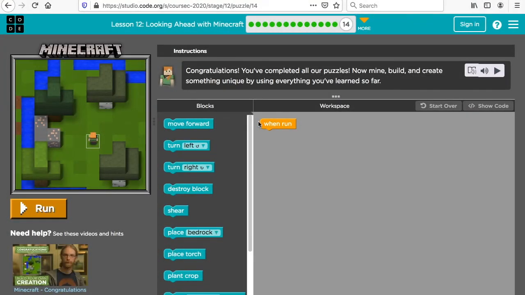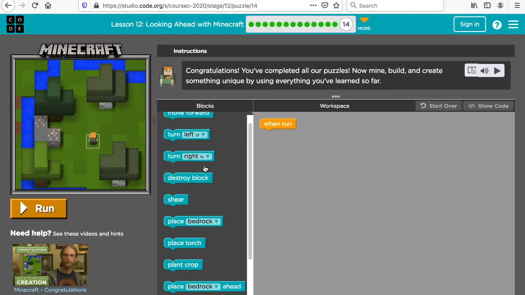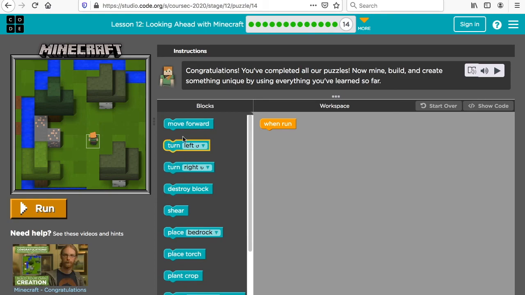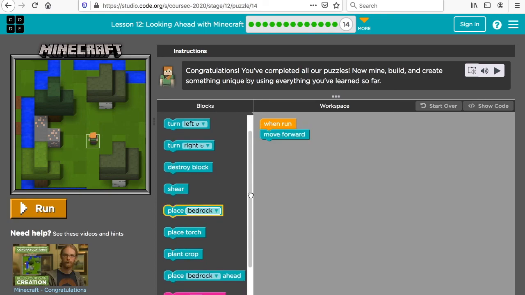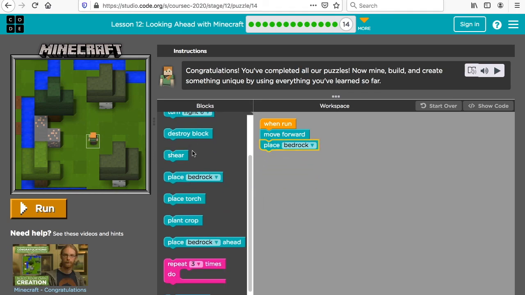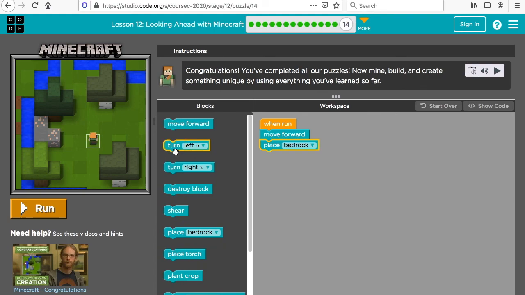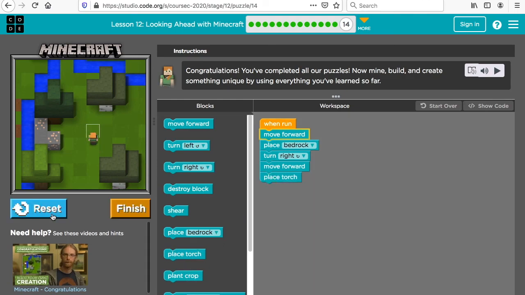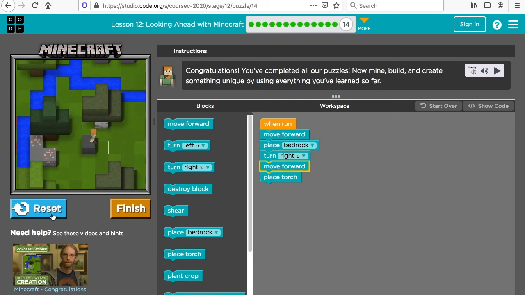So this is a free play. You can do what you would like. You could say, you want to move forward. And then you could say you want to place a bedrock. And then you could say you want to move forward. Or maybe you want to turn right. And then you want to move forward. And then you want to place a torch. Okay, or you could plant a crop. Okay, so let's see how that goes. Go forward. Place a bedrock, turn to the right,